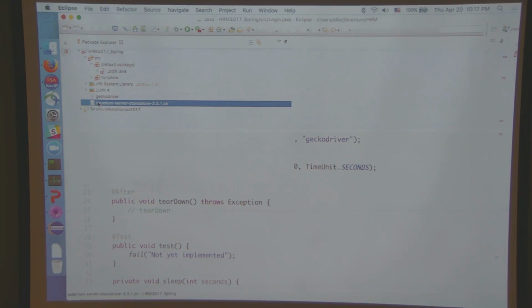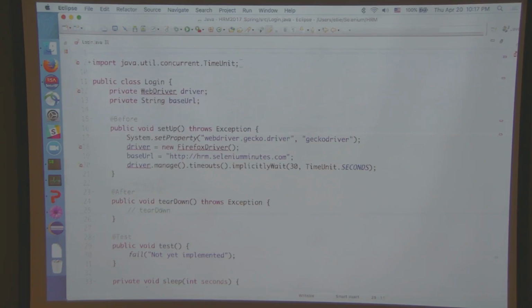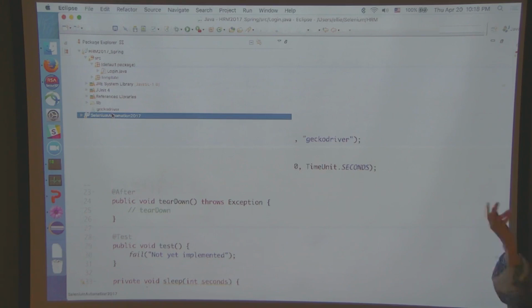So, yes? I have a question about add after, add test. These things, it's like a comment or what is it? No, add after, add before, and add test. Oh, yes. We're going to talk about that. For now, just ignore it. I promise I'll explain everything, just not in one day. They're important. Don't touch them. Okay.